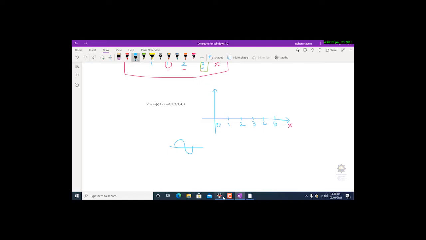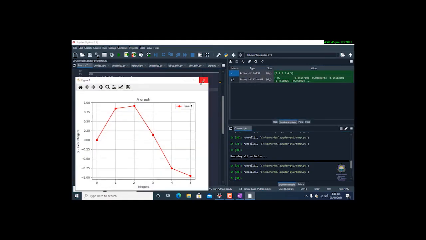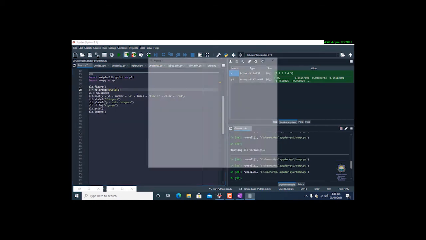So how to increase the number of points? Keep the range same from 0 to 5. Just decrease the difference between each value of x. So now 0.1 will be the difference. Close the previous plot, run this again,